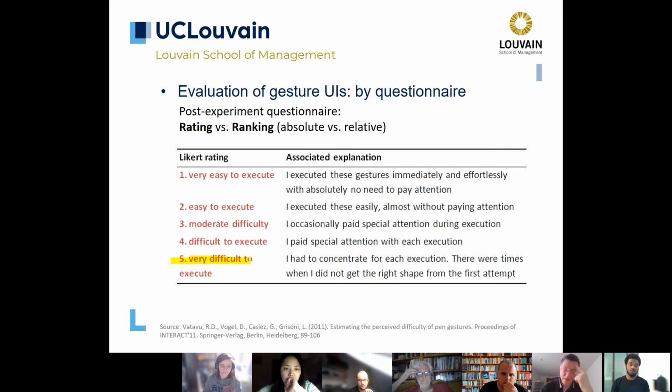So for instance, saying, so I want to make a copy. Okay, so copy, since I'm using Windows, so I have to use the double curly Q, so I have to do that from the bottom to the top, and then I have to do it. So in this case, it's very difficult to execute. But of course, this depends very much from the participant. Myself, for instance, in the past, when I didn't know that these gestures came from stenography, I was not very much fond of them. But as soon as I knew the reason, it was much easier for me to memorize them. So if I'm using this rating scale,